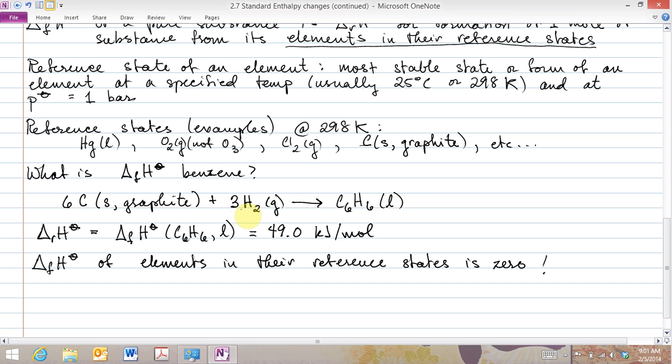That doesn't make sense, because shouldn't there be some kind of summation thing here? I mean, shouldn't the enthalpy of the products equal the sum of the enthalpies of the reactants? Well, in this case, in terms of the enthalpy of formation,